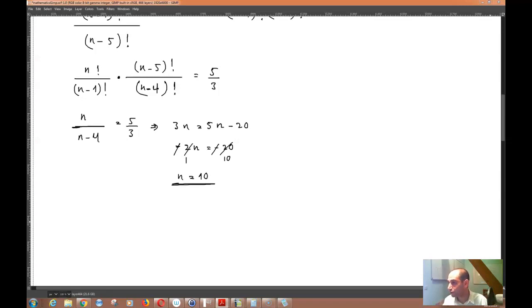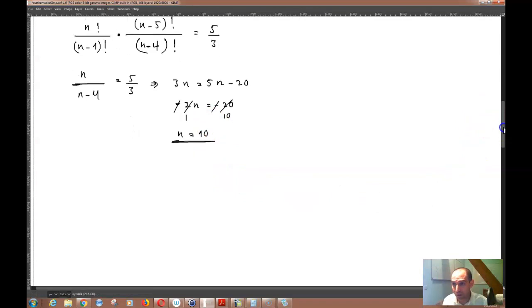There's a whole lot of exercises here. Another one which you might actually find a little bit tricky is this one. So you have 5 times 4 permutation r. 4 permutation r is equal to 6 times 5 permutation r minus 1. Now, if I divide both sides of this equation by, for example, 5 permutation r minus 1,